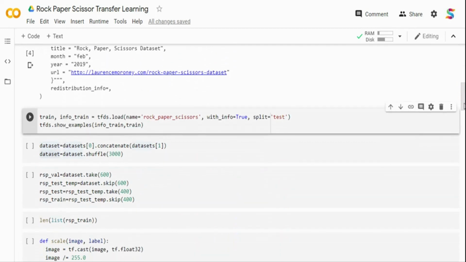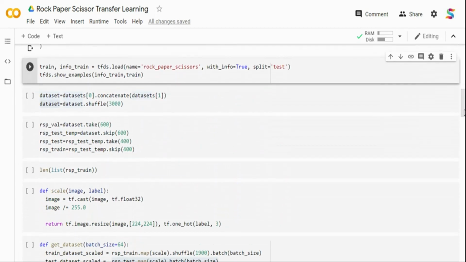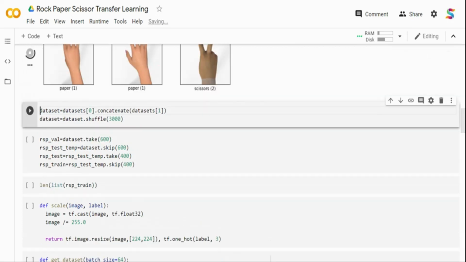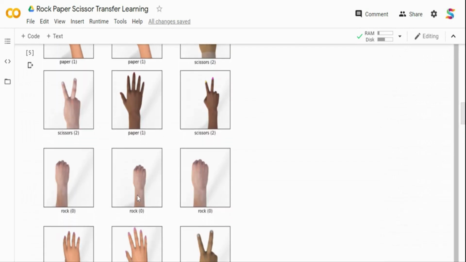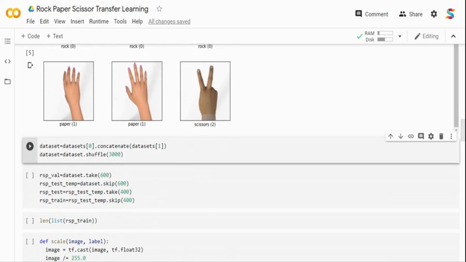Right now, first thing, before getting into the data set, if you want to visualize the data set, TensorFlow datasets has a method called show example. So in this case, I'm again loading the data, but only one split. It will work only with one split. You either use train or test. If you give both train and test, it may not work. And then I'm calling the show example method. When I run show example, you can see the sample images. These are rock, this is paper, this is scissor, and it just shows you some sample images that you can quickly take a look at before proceeding with the classifier.